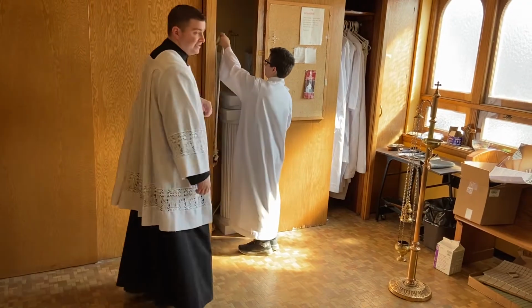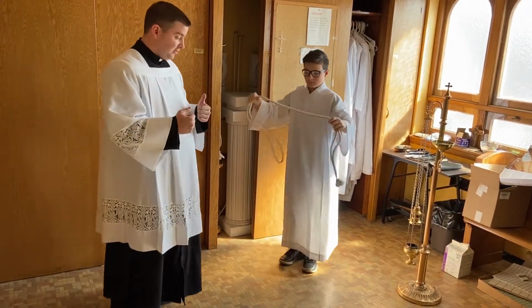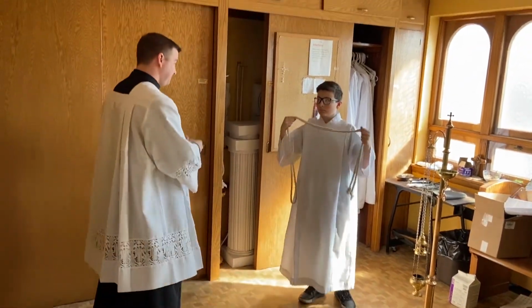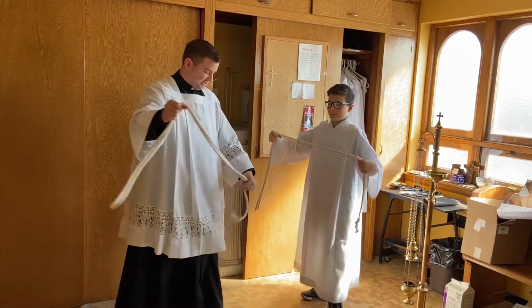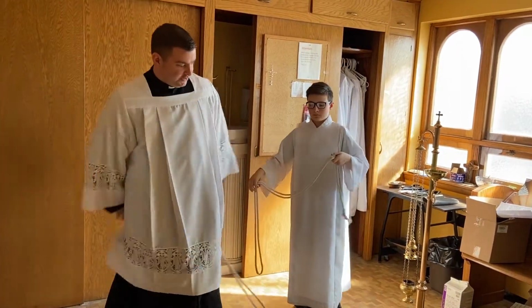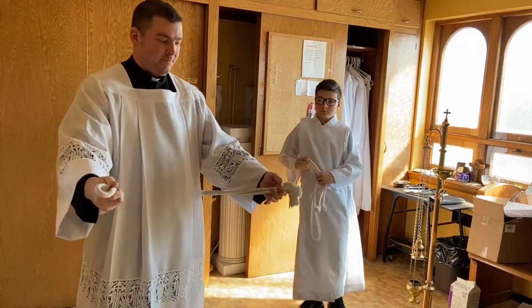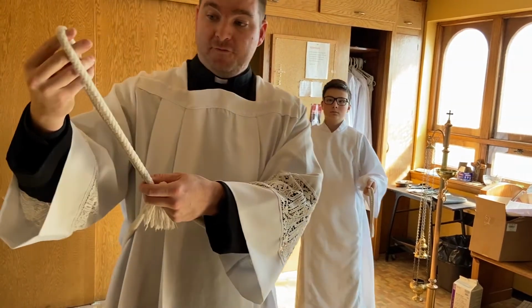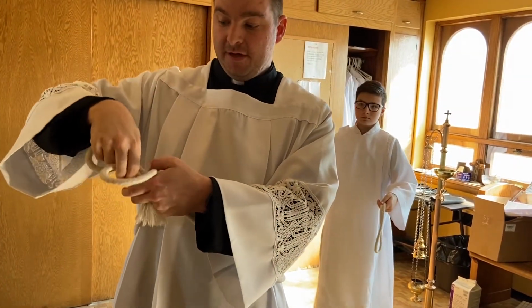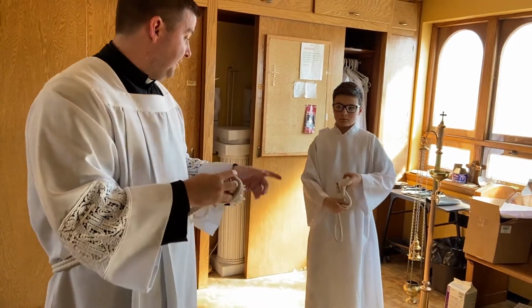They're not always ordered properly, so you might have to try different cinctures. I always joke that we have every size cincture except the one that actually fits you. But to tie the cincture, you make basically what is a hitch knot. So you hold it like this, hold the ends in your hand, pull it around you, and then you take the loop, and just fold it back on itself, and then pull it through. So you have this little hitch, and then you pull it tight,